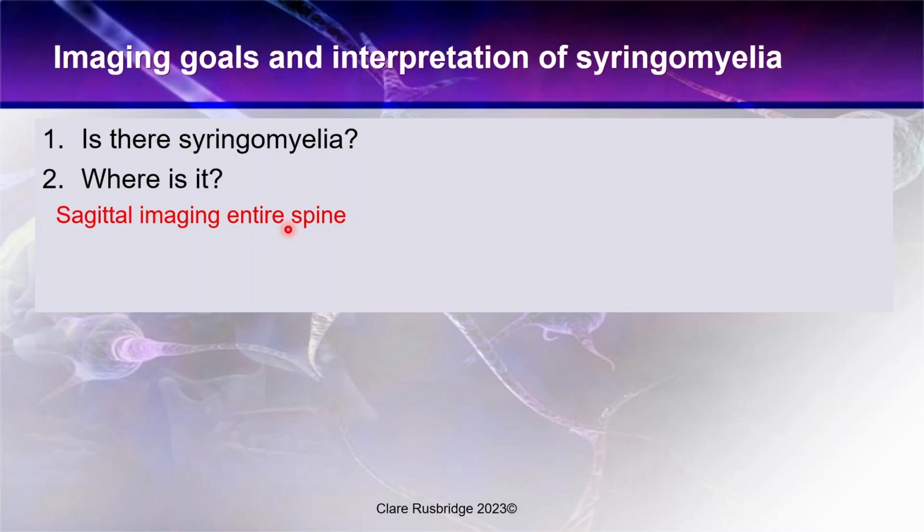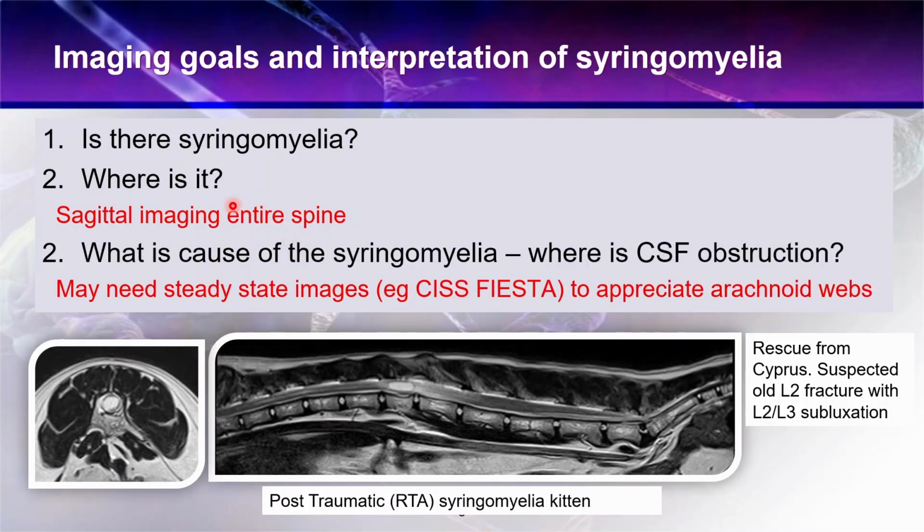For those people, I would suggest a HASTE image, because you can get a rough picture relatively quickly. It takes a sort of myelogram type appearance, and then it can tell you whether you need to do further imaging. And again, I put the protocol in the blurb for that. And we also need to ascertain what is the cause of the syringomyelia, and that's something that I haven't covered in this playlist. We covered the pathogenesis of syringomyelia where it relates to Chiari malformation, but syringomyelia will occur wherever